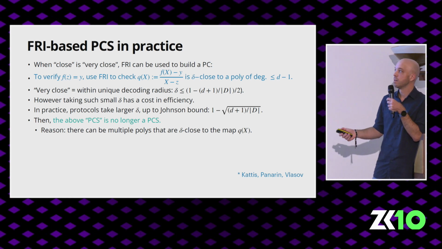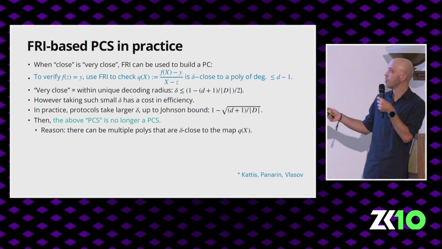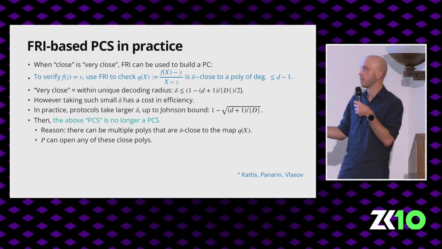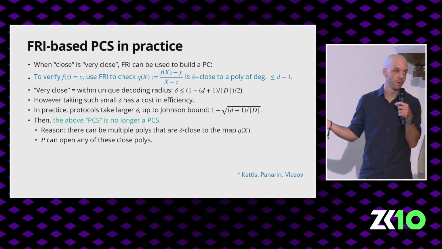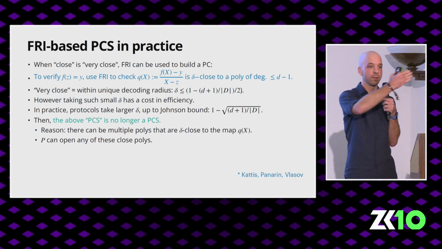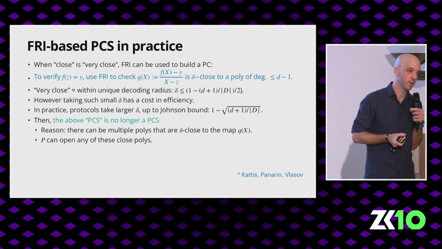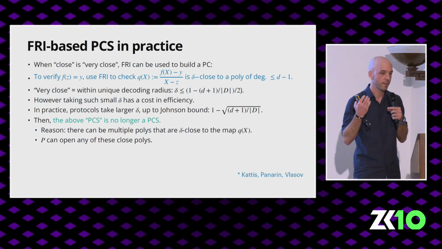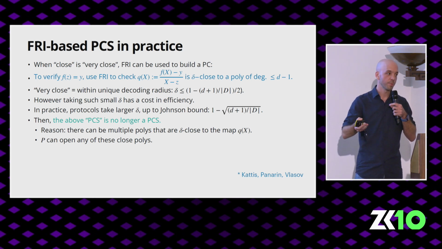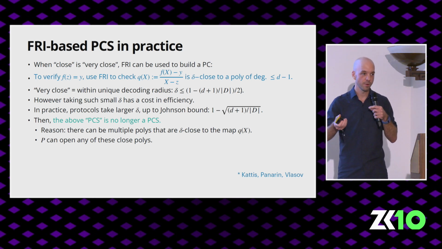The reason is that you can have multiple polynomials that are delta close to your map. And this allows the prover to open any of these polynomials. So when you query the commitment, the prover can choose between a certain list of polynomials and give you that evaluation. So the prover is not really committing to a polynomial anymore, it's committing to a list of polynomials, and